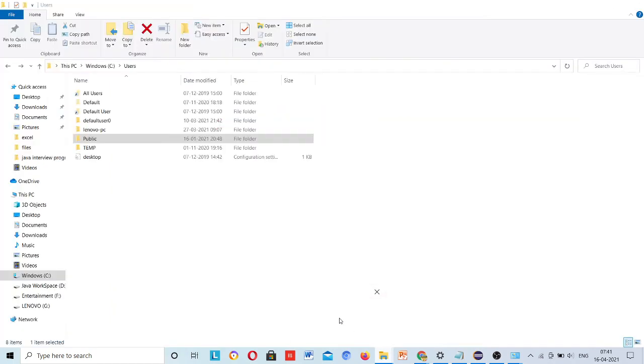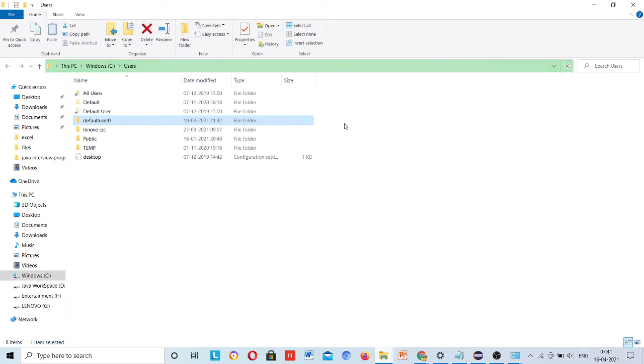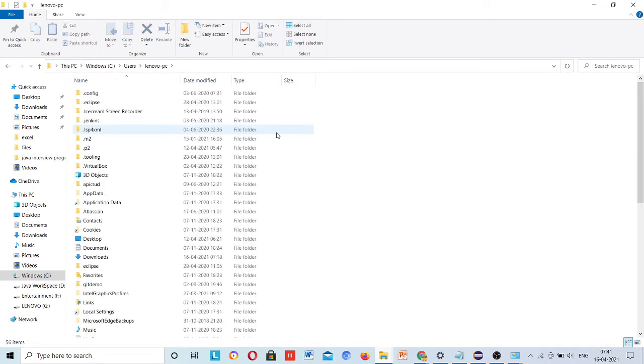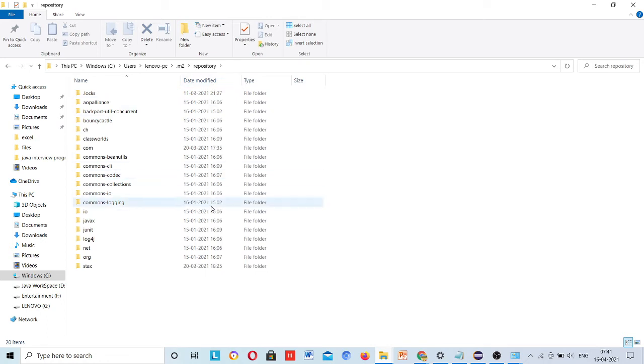This is done to increase the performance of the system, and I am showing you where that .m2 folder is present, on my Lenovo PC. You can see repository and all this.